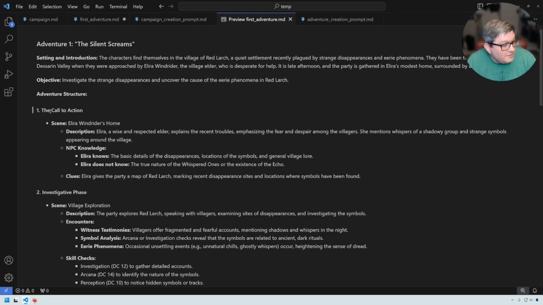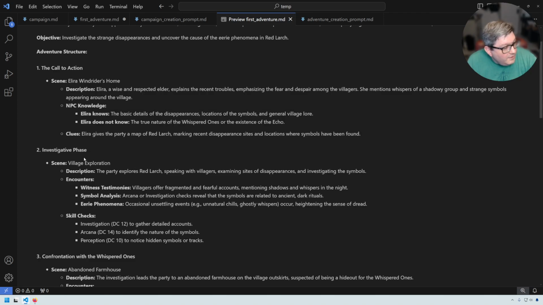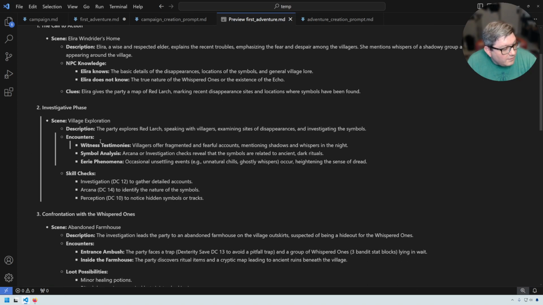So, in other words, I would take this specific document and I would take out the NPC knowledge and I would say, scene number one, the players met with Elira, who explained to them the recent troubles. She mentioned whispers of a shadowy group and strange symbols. Just reword it, right? If nothing else happened in that scene, cool, that's good enough. And then here for the investigative phase, I might say,